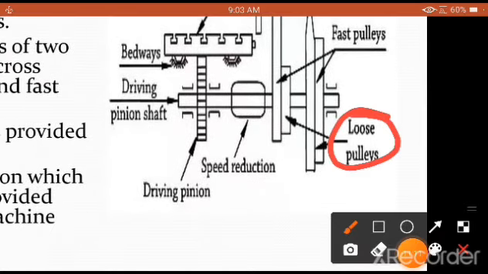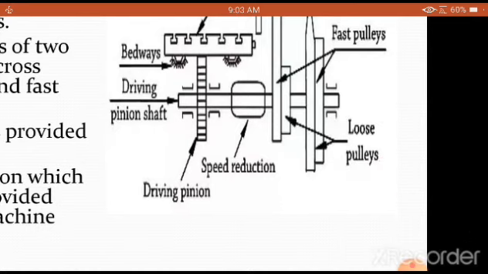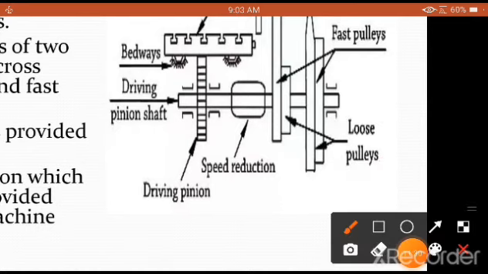So what is the main function of these pulleys? That is very, very important. We know one important concept here. The pulleys are basically used to give motion, that means they are being driven with the help of a shaft. They are actually mounted on a shaft, as you are going to see very clearly here. This is the shaft which is driven. That is why you are going to have a driving pinion.